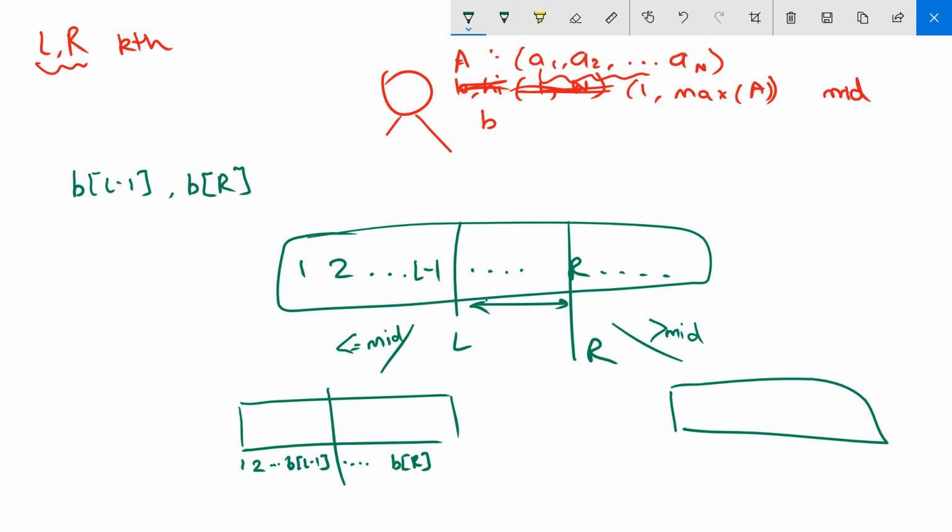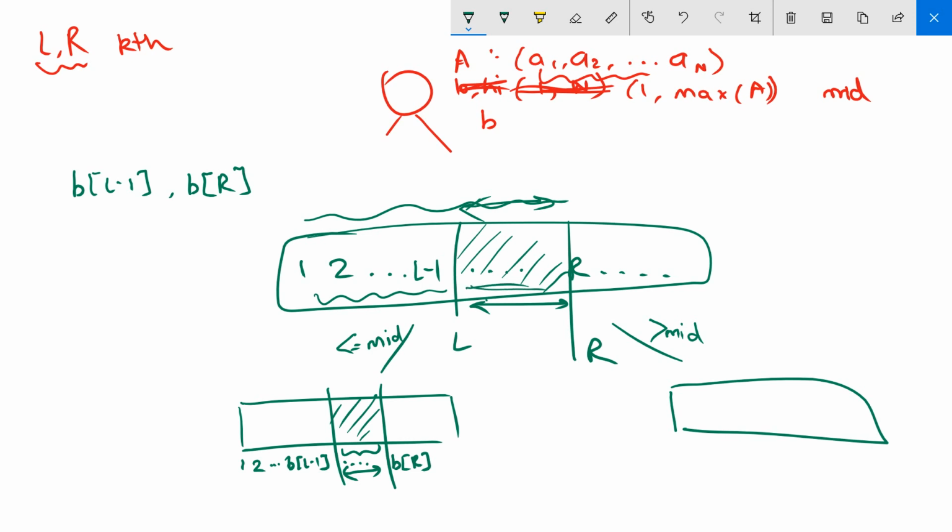But are you seeing what this is? This is exactly those elements from the range L to R that are going left. I repeat, the numbers which will be present in this range are exactly those elements from this range which are going to the left, because B of L minus 1 numbers came from this much part, right? And in total from this part we have B of R elements. So the rest of the elements would be coming from this. So this is that thing, and similarly we are going to map such a thing over here.